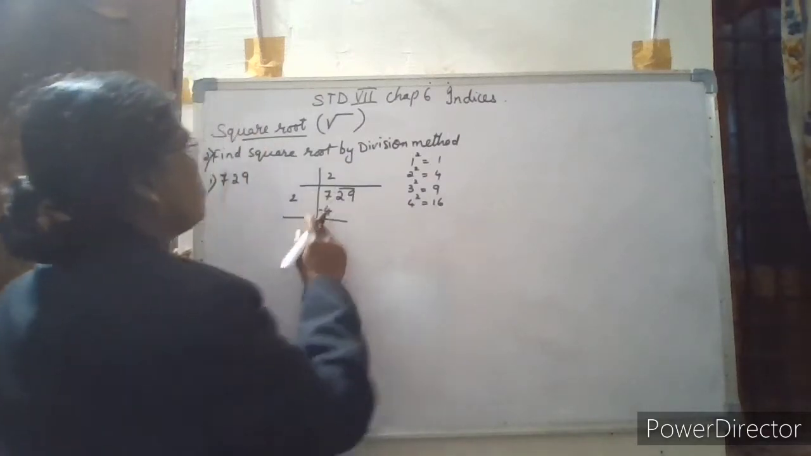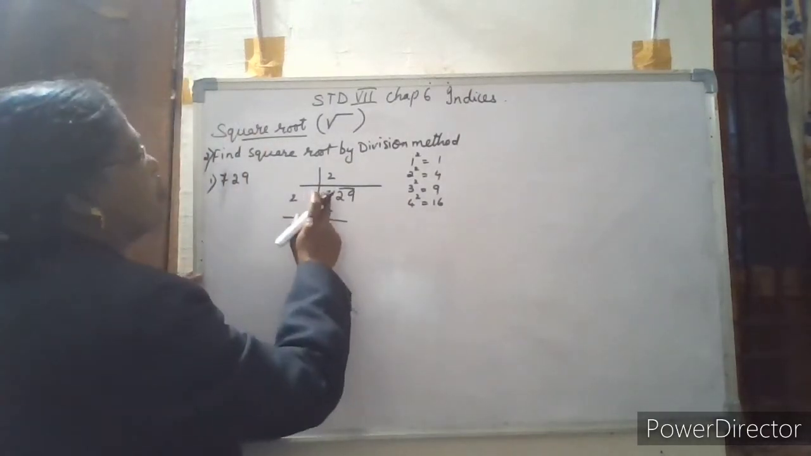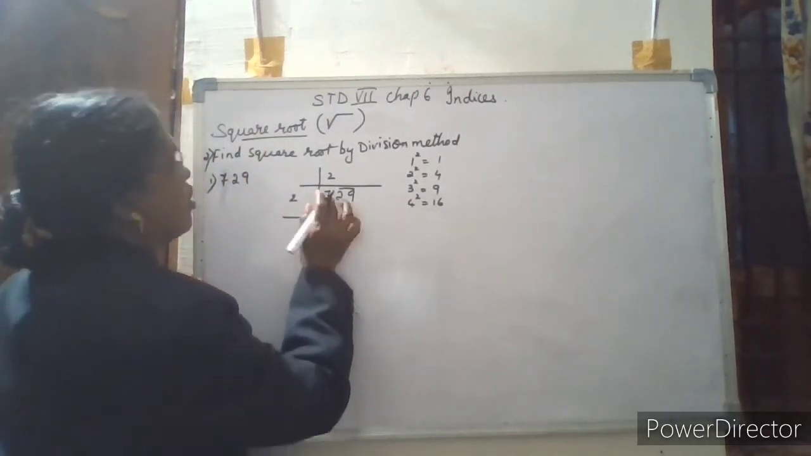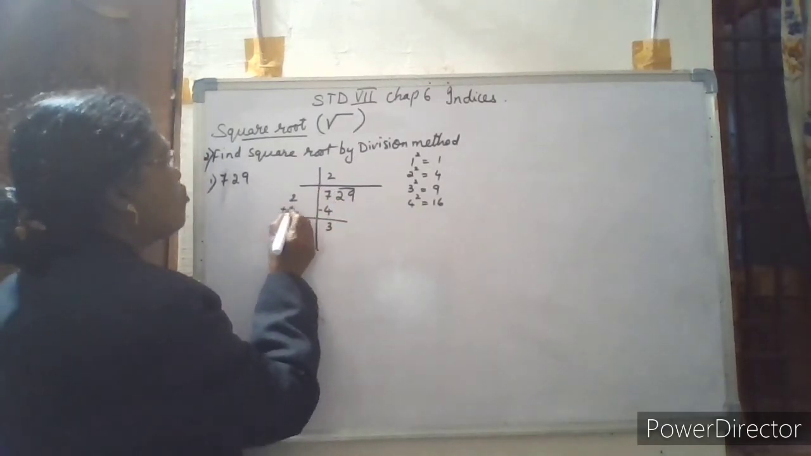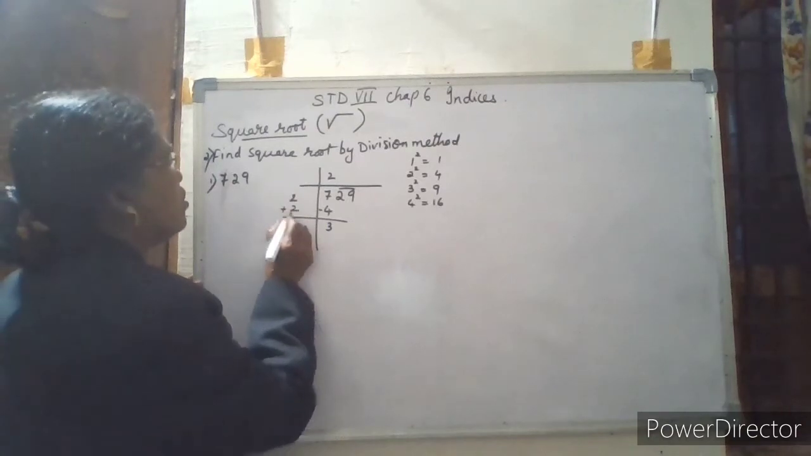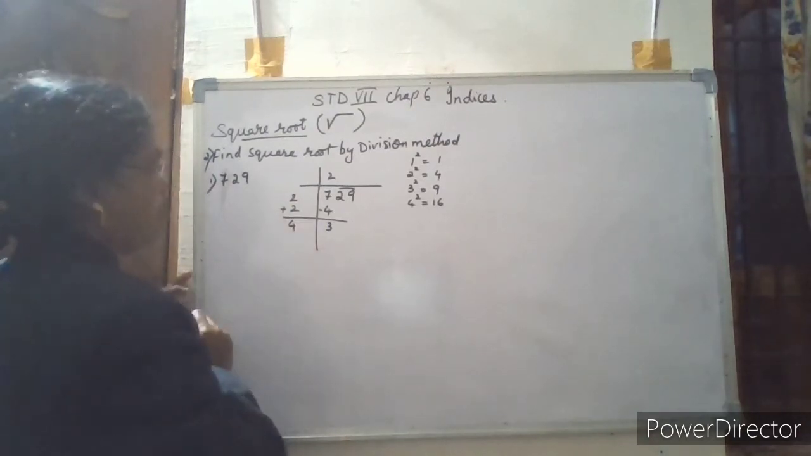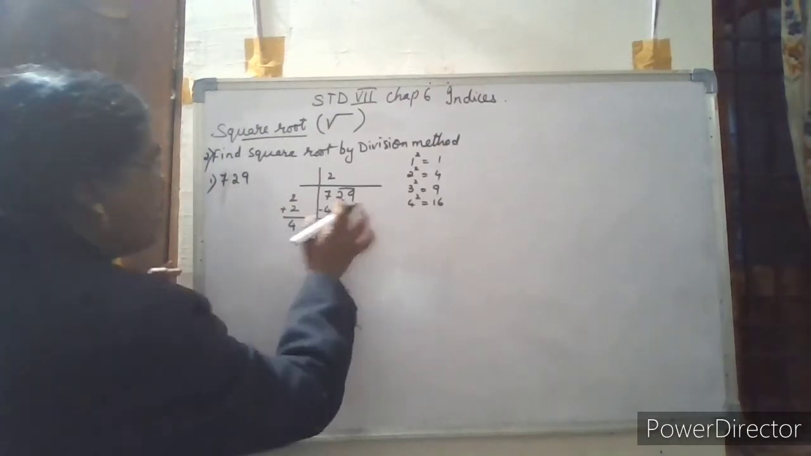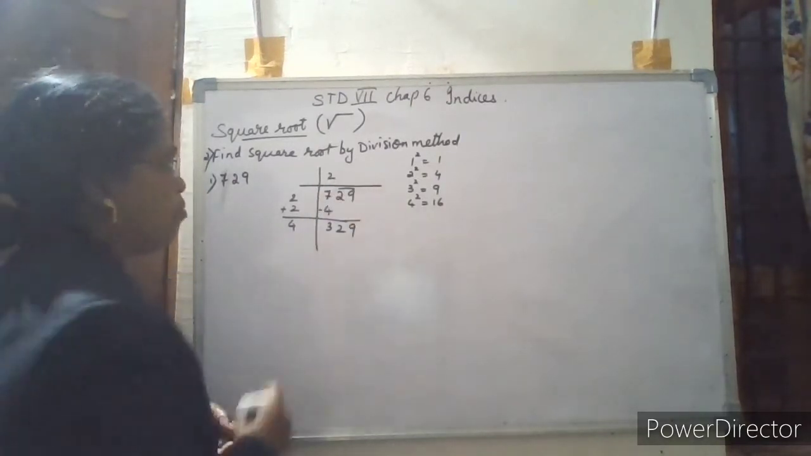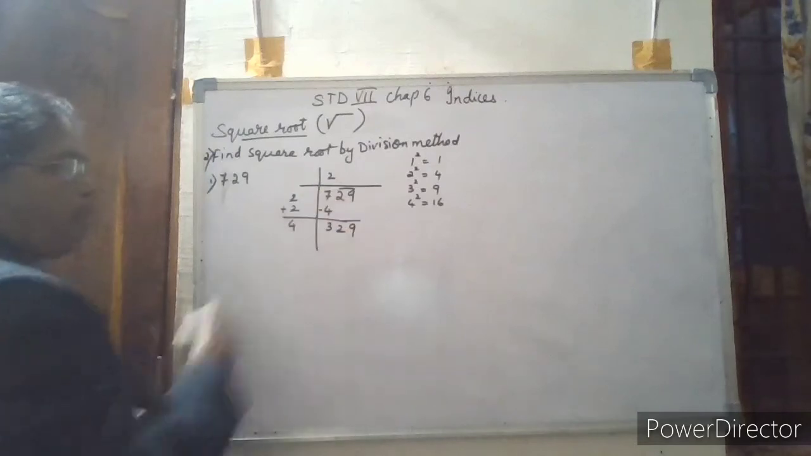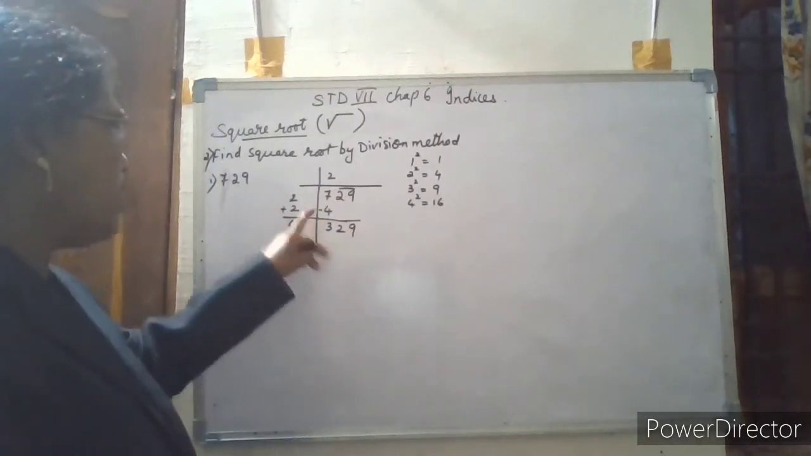So 7 minus 4 is 3 here. And here you have to add the same number: 2 plus 2, it is 4 here. Now, bring down the next 2 digits at a time. That's why we have taken it as pairs of numbers. 2, 9, bring down together. Now we have to divide this